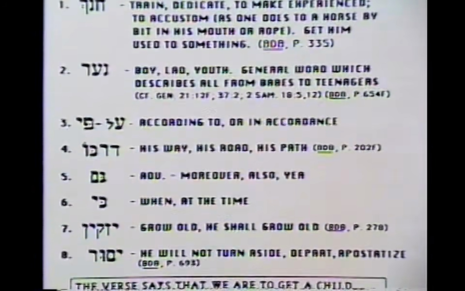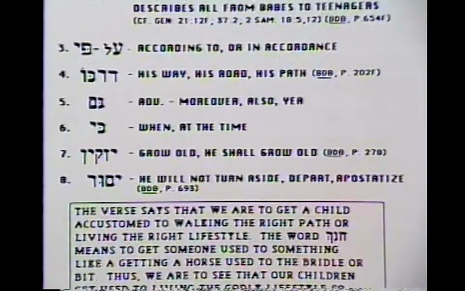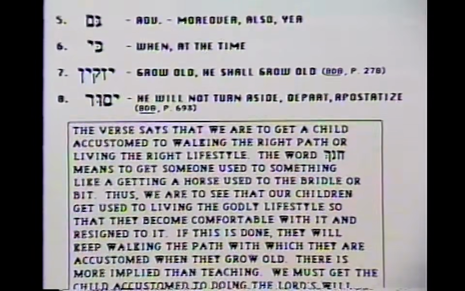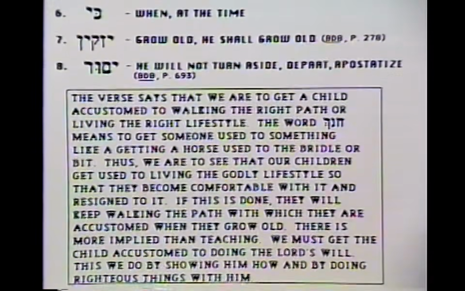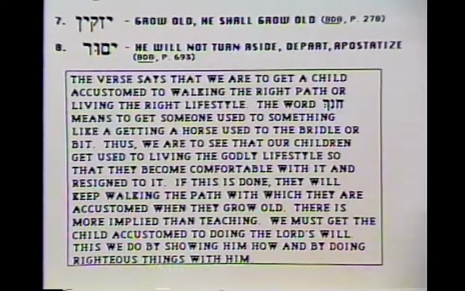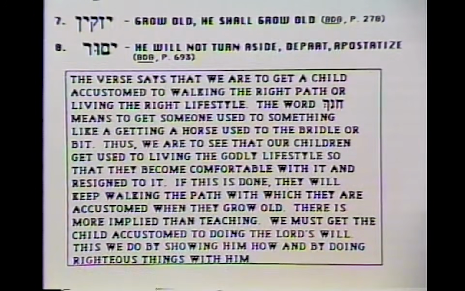And then the last word, he will not turn aside or depart or apostatize, Brown Driver Briggs. Okay, so we've done a pretty good word study of all of the meanings of the words in this verse. And so by looking at that, we come to a conclusion. The verse says that we are able to get a child accustomed to walking the right path or living the right lifestyle. The word chanak means to get someone used to something, like getting a horse used to a bridle